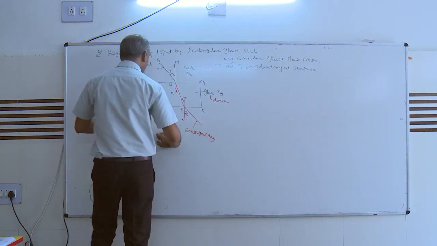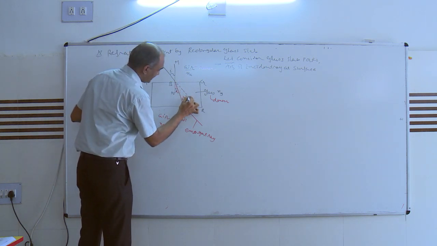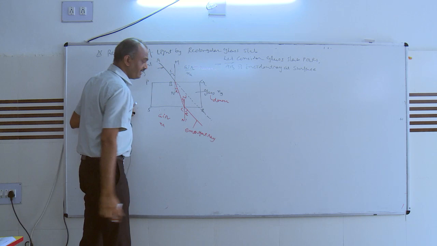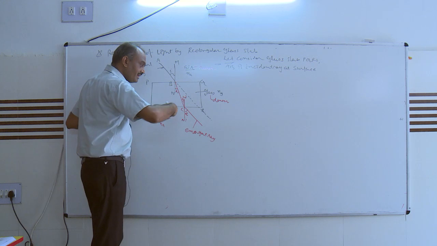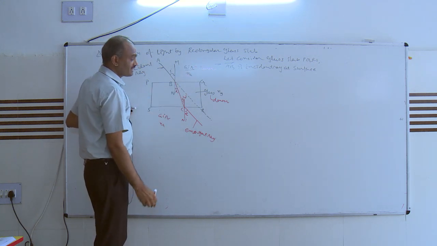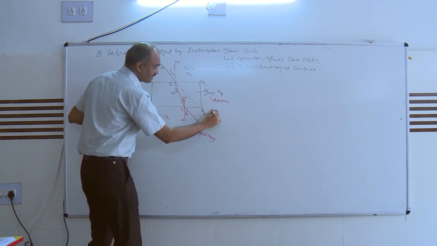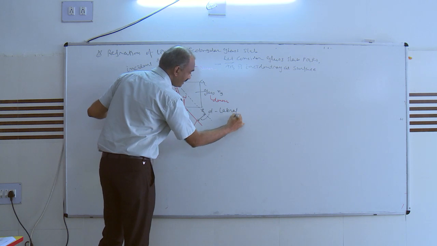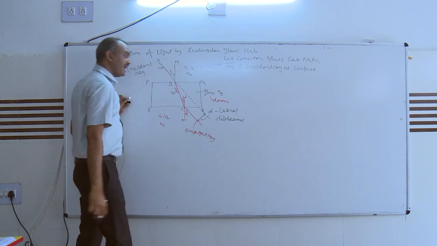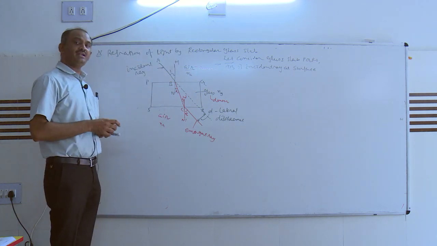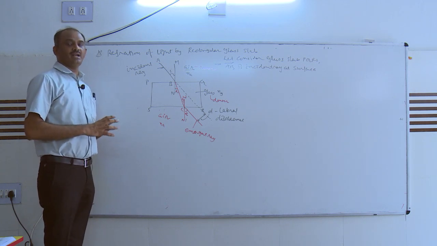Now we draw the ray. This first incident ray we are extending. So we are getting this. These rays are parallel to the emergent rays, but it moves along the side. So here we are getting some distance. This distance d is known as the lateral displacement. So when the light passes through the glass slab, lateral displacement takes place.